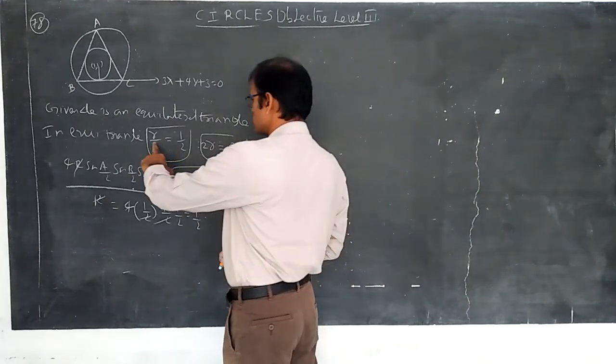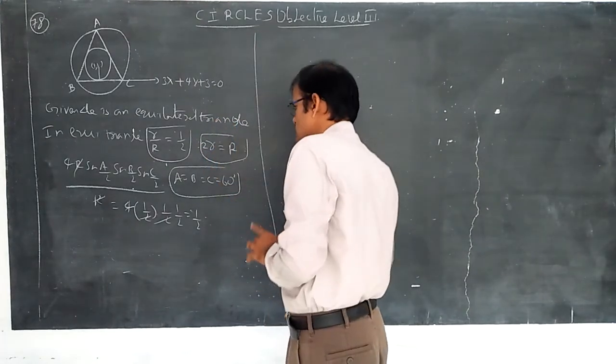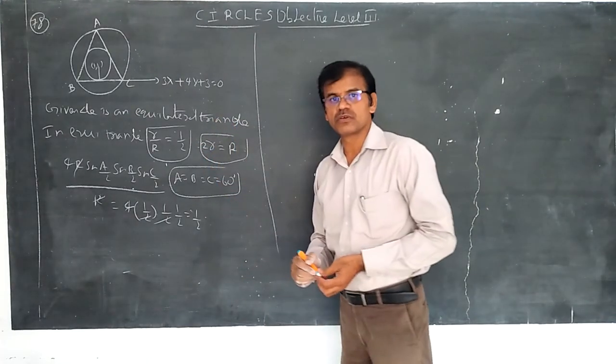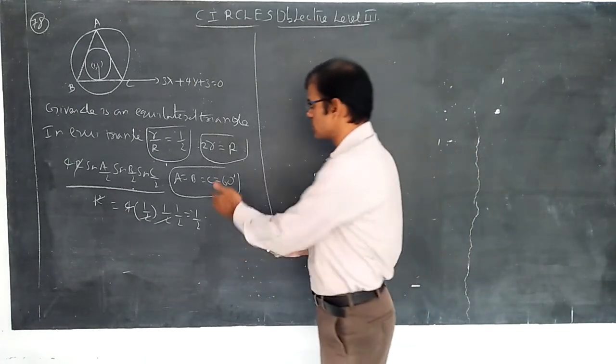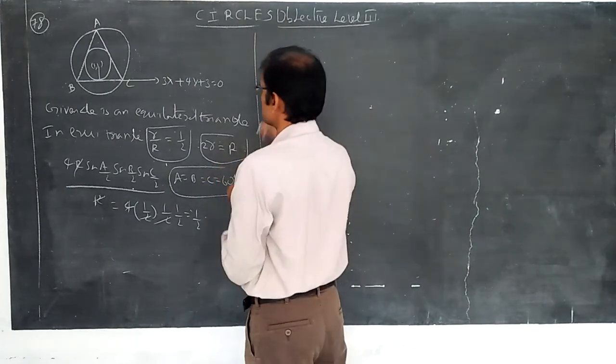Here capital R is equal to 2 small r, so small r is equal to capital R by 2, this concept we are using. Of course, this is not a pedal triangle, but I am making you remember the properties of triangle, as the concept depends upon this one. Now we are going to discuss this multi-concept question, a pure mains question.